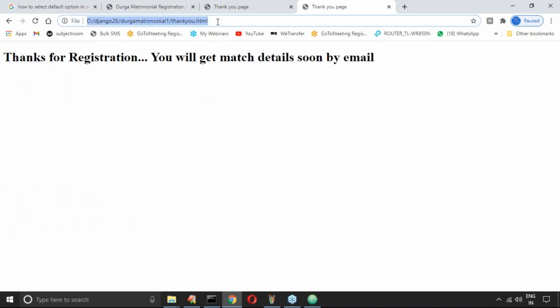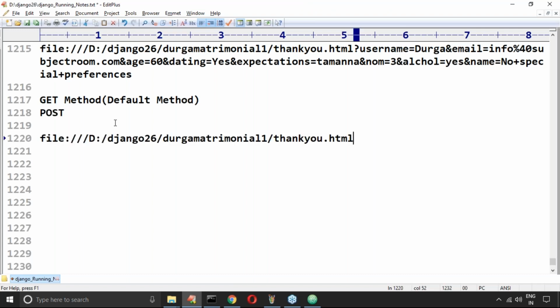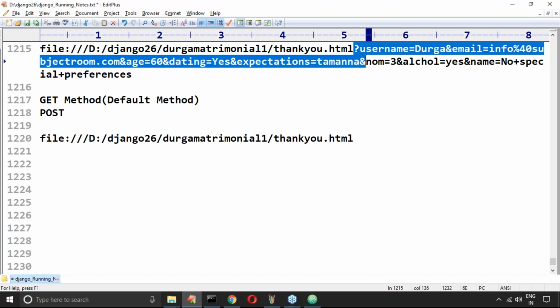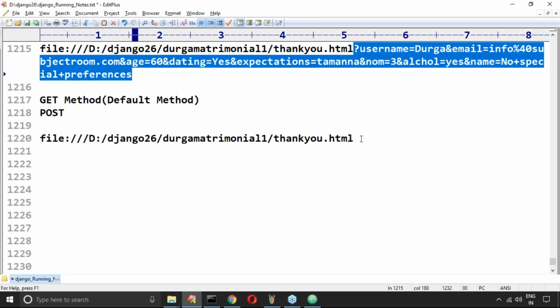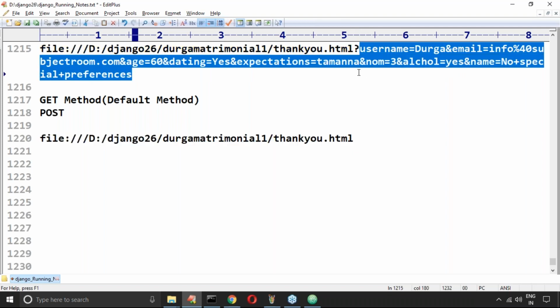Have you observed? Are you seeing any extra information in the URL or not? Earlier there was extra information, but now the total data is encapsulated in the request body and sent to the next target page.